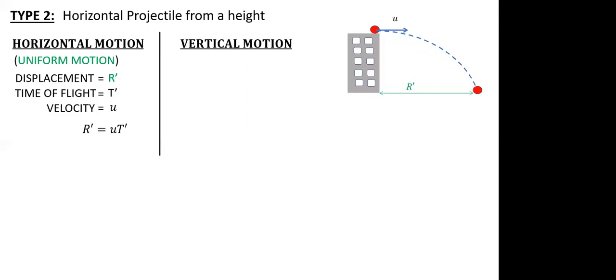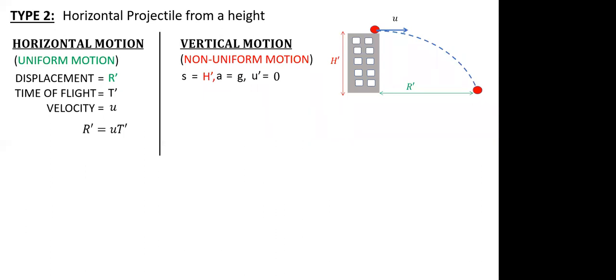The second, if I deal with the vertical motion, it is a non-uniform motion. Initially, since you're throwing horizontally, there is no velocity vertically. Initial velocity was horizontal, which means vertically it was nothing. If I talk about the displacement, that will be the height of the projectile, so that will be h dash. Since it is downward, acceleration will be plus g, and your initial velocity will be 0.